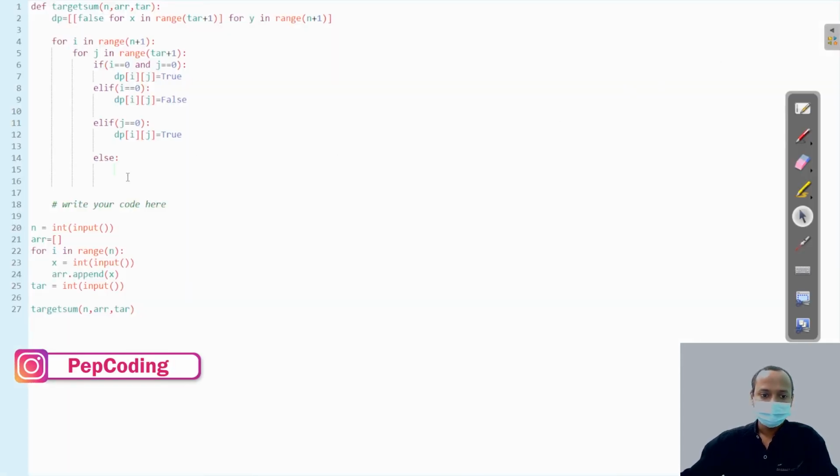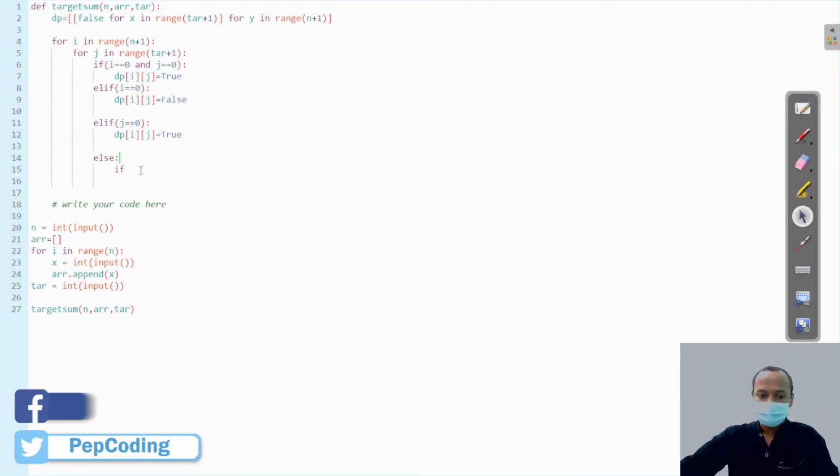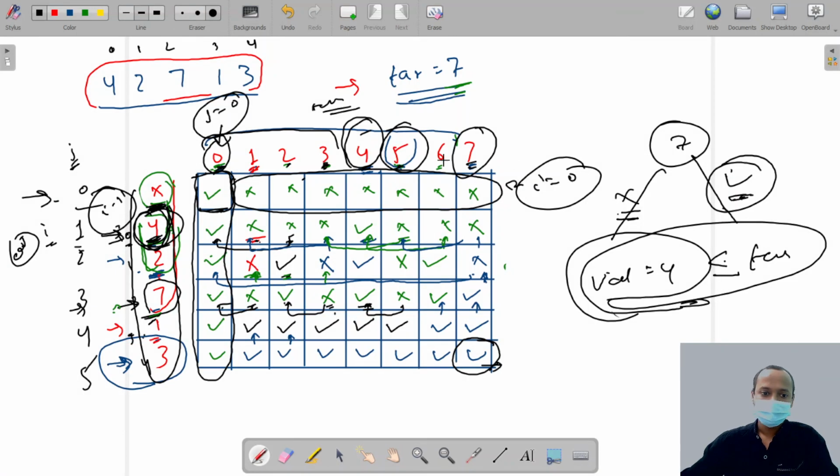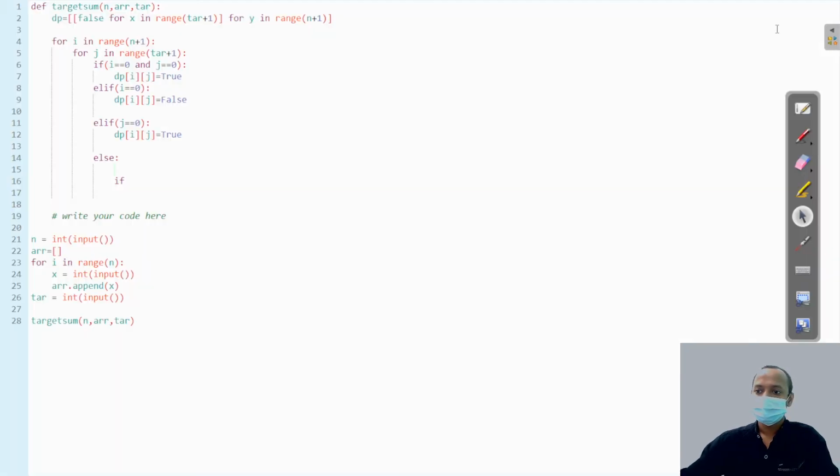So let's see, first we get the value. How do we get the value? We get the value at i minus 1. So if the value of the player, value at i minus 1, is less than or equal to j.